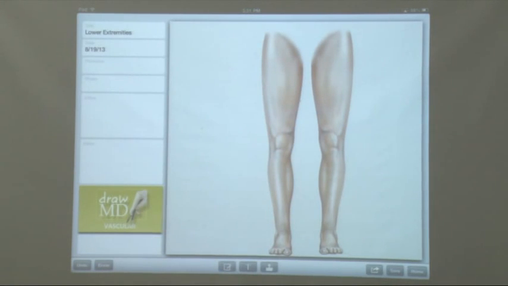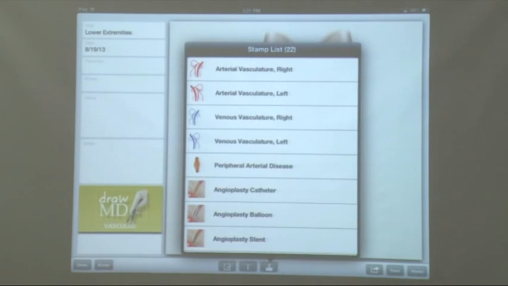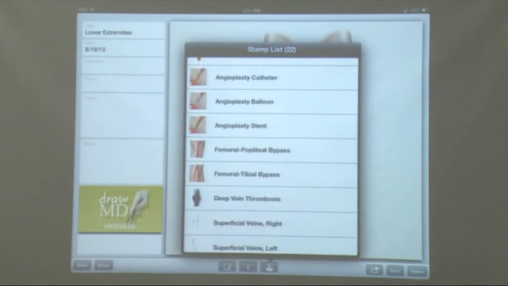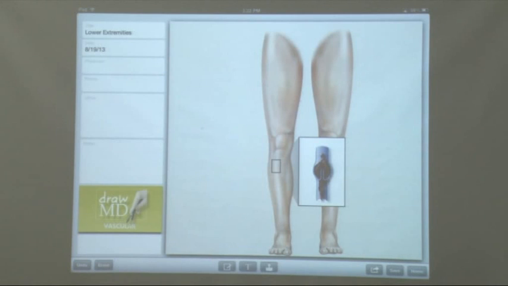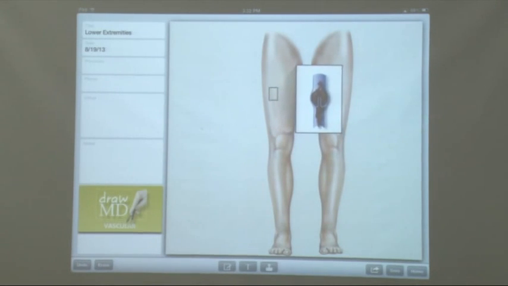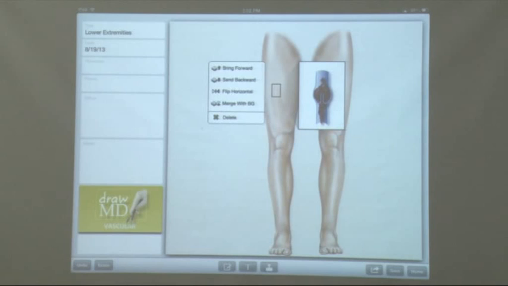So if you come down the bottom where it's got the little stamp icon, if you tap that, you can scroll up in the list, and there is a deep vein thrombosis image. So you tap on that image, it appears on your leg. You then place your finger and drag that up to the location of the deep vein thrombosis. So you drag that up, and then you've got the option to merge with background. So you can merge this image with the background, which is the leg. So you tap that, merge with background,